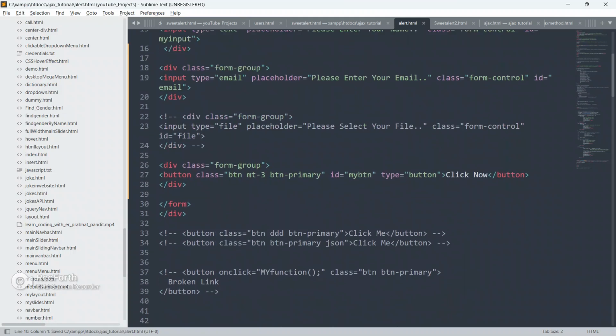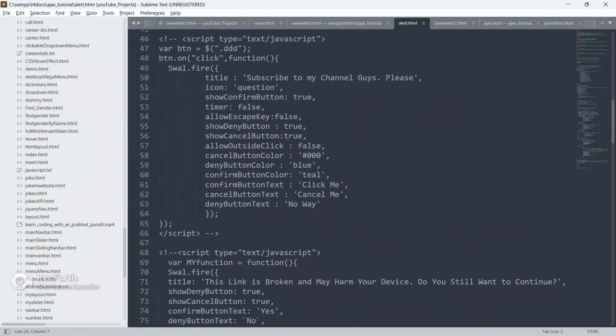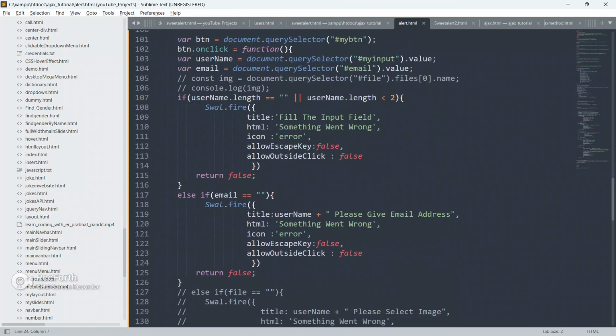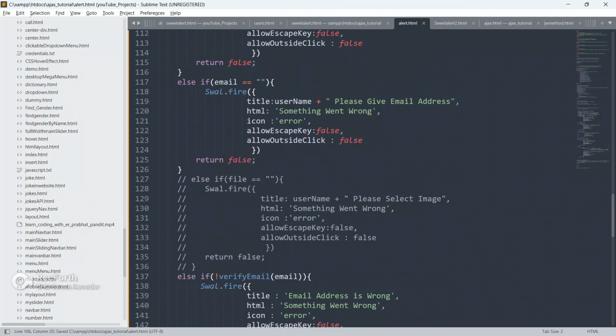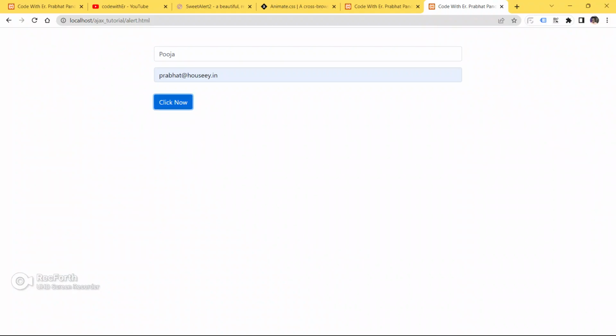So in this video we are going to learn how to make this kind of stuff. Let me show you one more advanced feature of this, guys. Enable this input type file. Make this also enabled. Okay, so save your code.